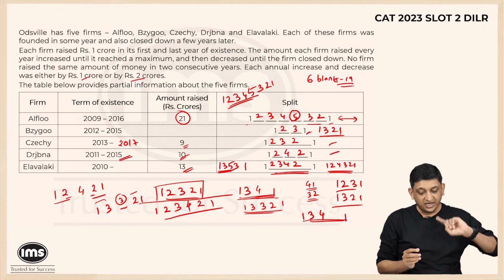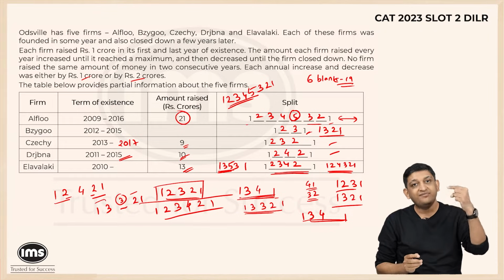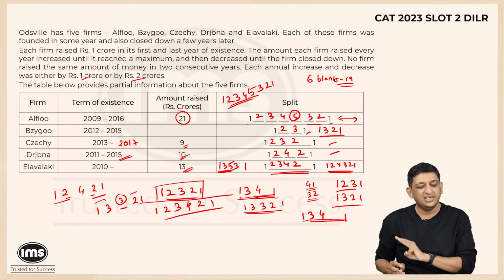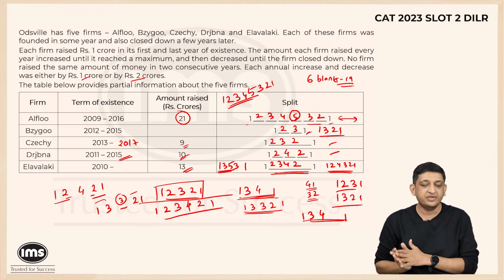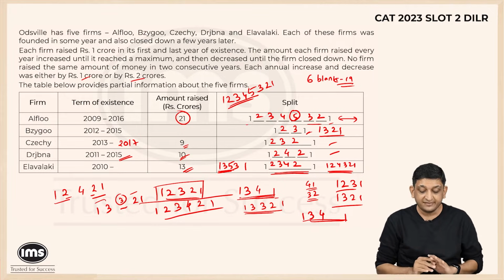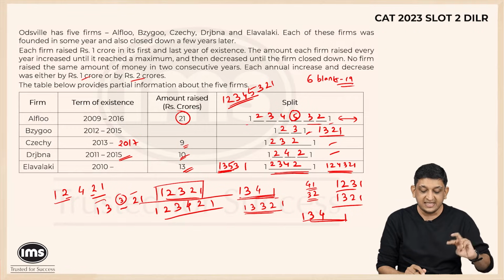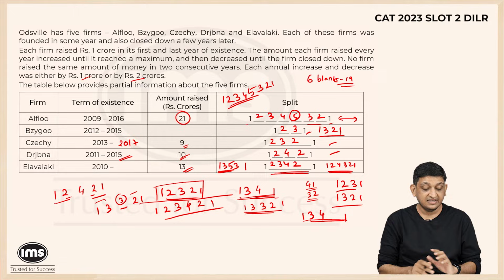So I started with 1, 2, 3, 1, 2, 4, 1, 3, 5, 1, 3, 4. So those were the 4 possibilities that we had, out of which 1, 3, 4 does not work. The remaining 3 will work for sure. And that is one way in which we can figure this out. So now that we have this data in front of us, we know for sure that we can represent only C and D in exactly one way. The others have multiple possibilities that exist.